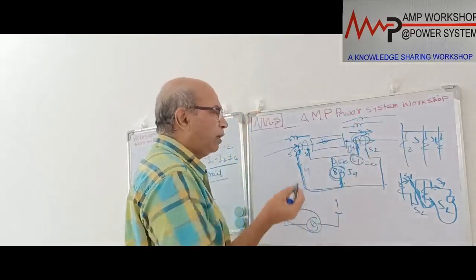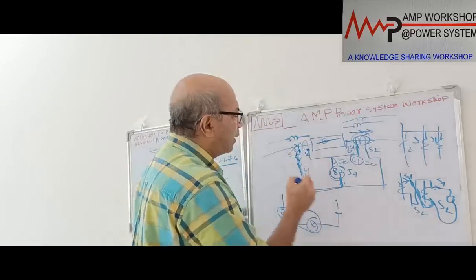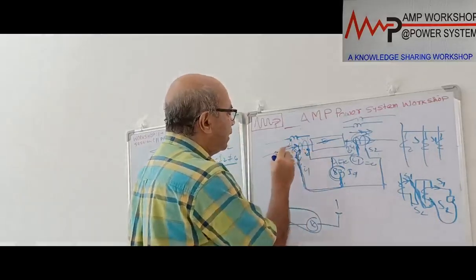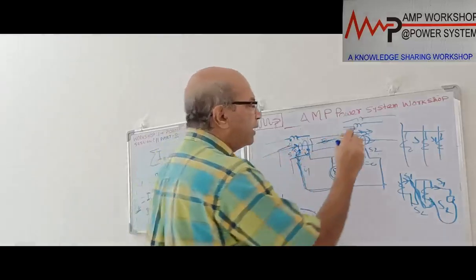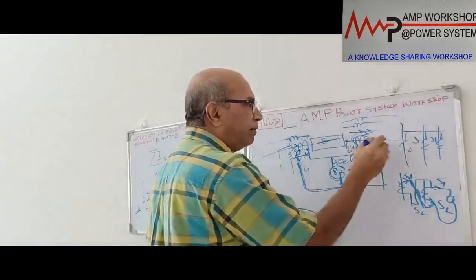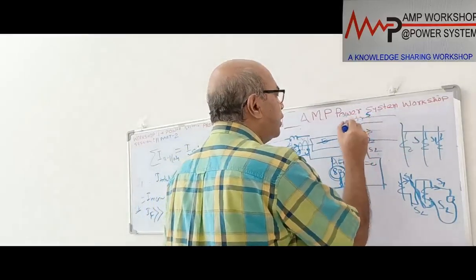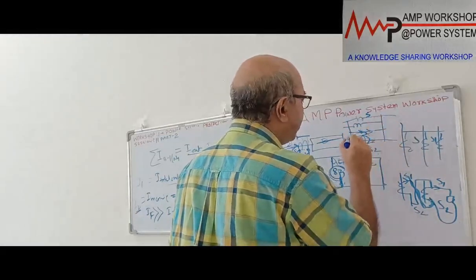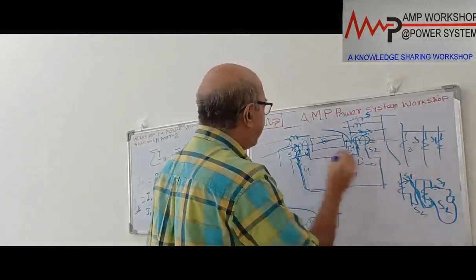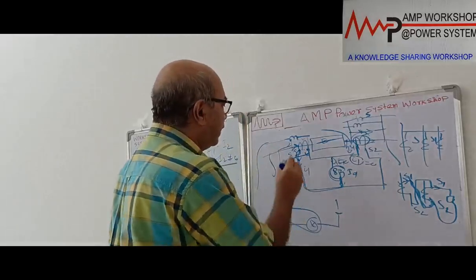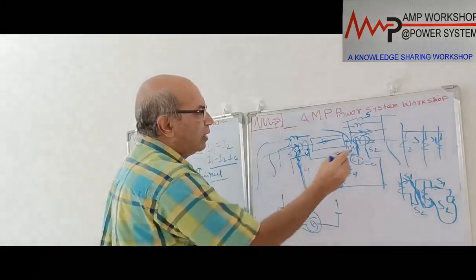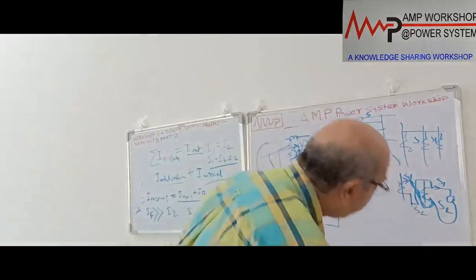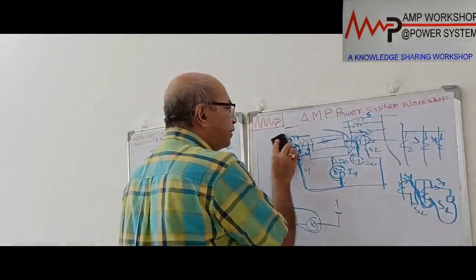Here there might be a maximum of two CTs, but here it could be multiple CTs. So what is the rule? The rule is that the incoming currents are to be summed. That means S1 and S2 will be summed, then these two wires will come. Similarly, here all the S1 will be summed. Suppose this is S1 and this is S2. So all the S1 will be summed, for a particular phase. Here also all S2 will be summed. So this sum becomes equivalent to these two wires, a total of 4 wires, and they will be connected in parallel.